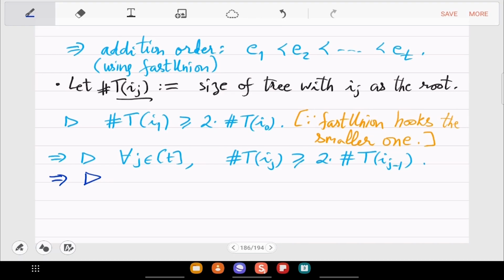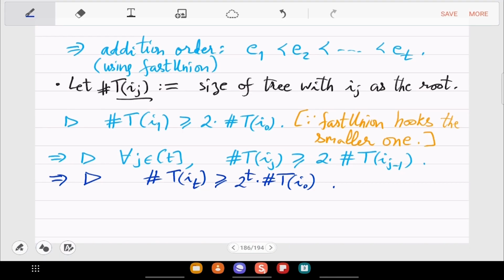Right? So cascading will give you that size of Tit is at least what? At least 2 raised to t. Okay, so cascade this t times, you get power of 2, which is 2 raised to t.